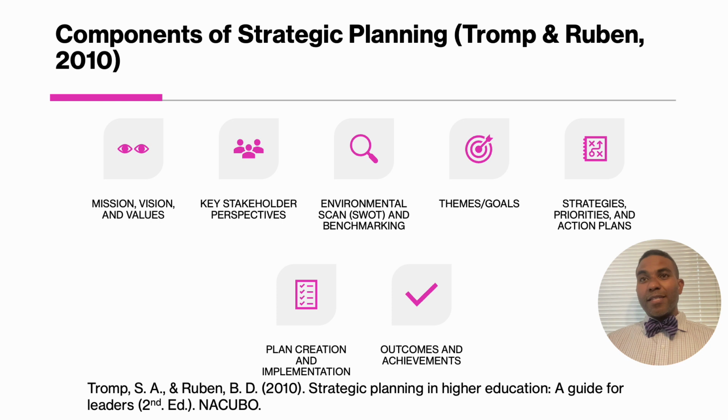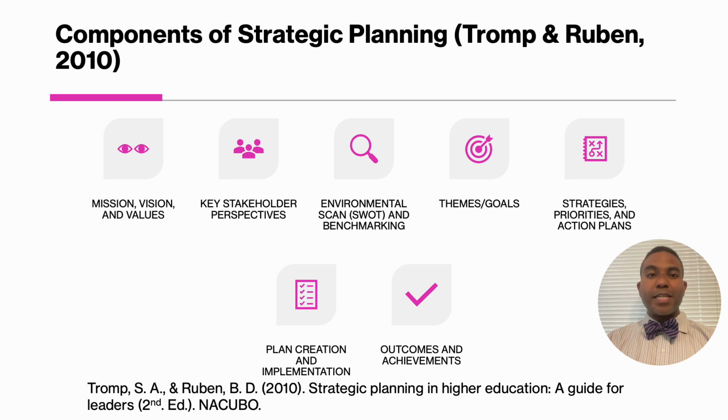A lot of institutions have what we call peer institutions or aspirant institutions. So peers are people that you're like, or that people think that you're alike. Aspirant institutions are ones that, if you got better in certain areas, you would be like those. So that is a part of the process. Themes and goals. Again, I looked at some of the themes and goals as related to the mission, vision, and values. But we're really talking about what are the goals for the institution? Where do you want to go?